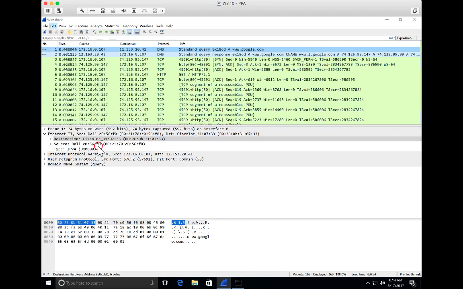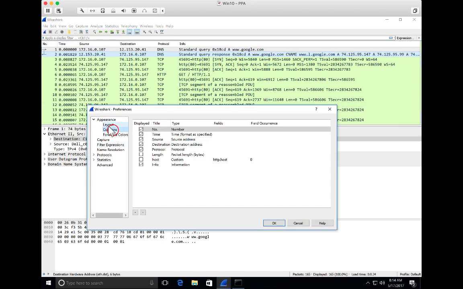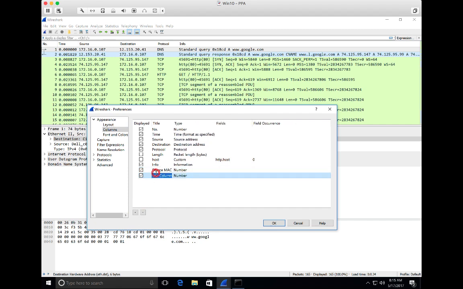We're ready to go with our analysis, but just before we do that, I want to make a quick change and add a couple of columns that I think are particularly useful, specifically because we're going to be dealing with MAC addresses, so I want to see those in the column view. So I'm going to add a field for source MAC, a field for dest MAC, and we'll go over here to the fields area and go ahead and type